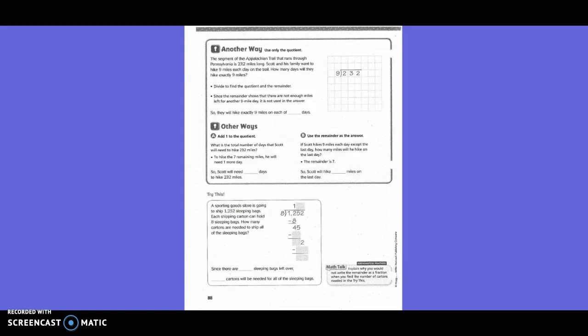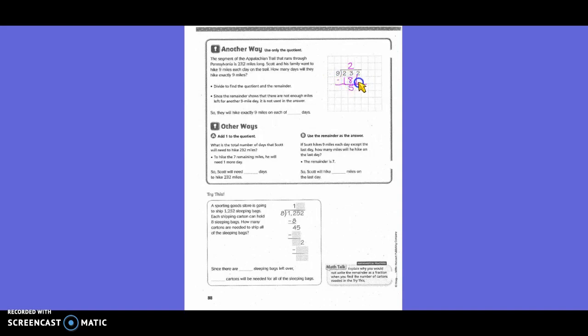Another way, use only the quotient. The segment of the Appalachian Trail that runs through Pennsylvania is 232 miles long. Scott and his family want to hike 9 miles each day on the trail. How many days will they hike exactly 9 miles? So first they want us to divide to find the quotient and the remainder. Okay, so 9 goes into 23 how many times? Twice. 9 times 2 is 18. 23 minus 18 is